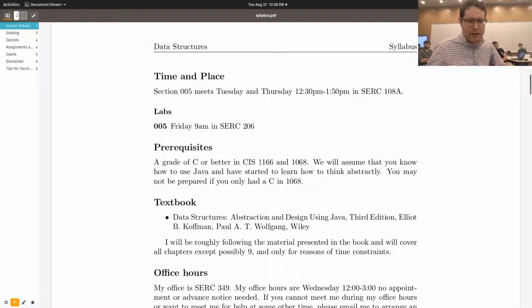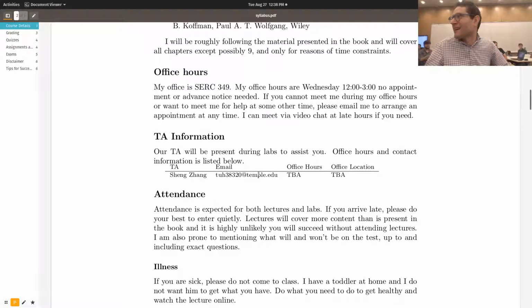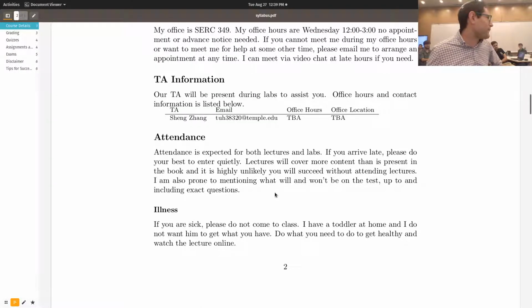Make sure you have a C or better in math concepts and 1068. If you just squeaked by with a C, you might be in trouble for this class. If, on the other hand, you just missed out on a B, then you're probably okay, right? God knows I've just missed out on a B before, and my record as an undergraduate was not necessarily the most exemplary, having withdrawn from a class almost every semester. In graduate classes I did very well, but by then I had finally learned how to study and developed a work ethic, which was non-existent during my freshman year.